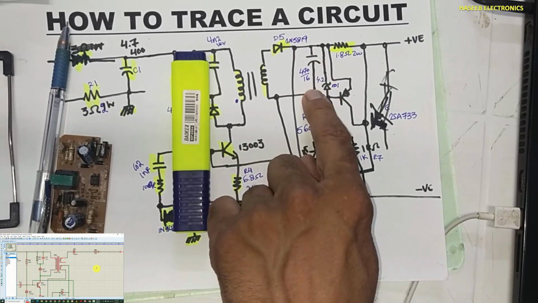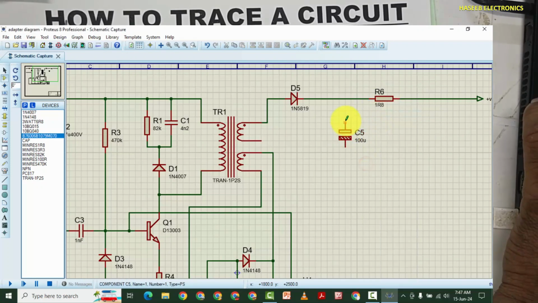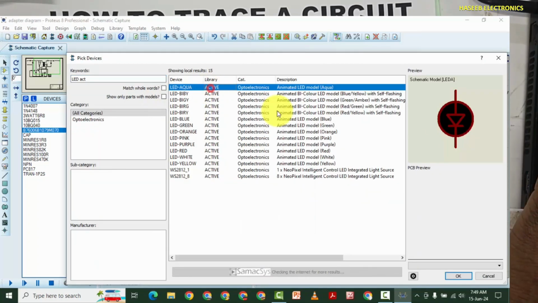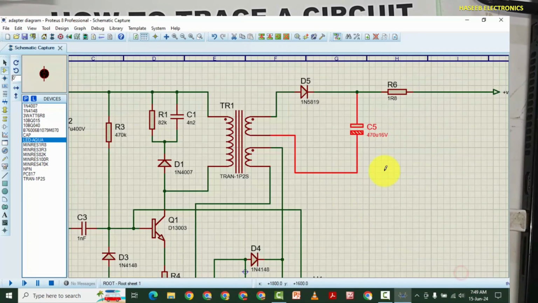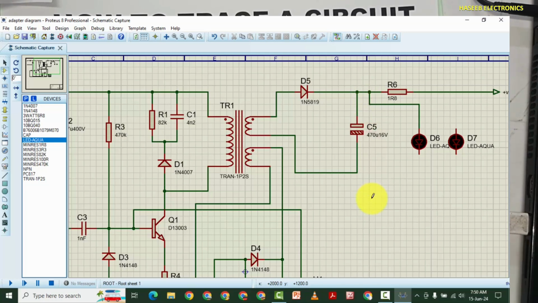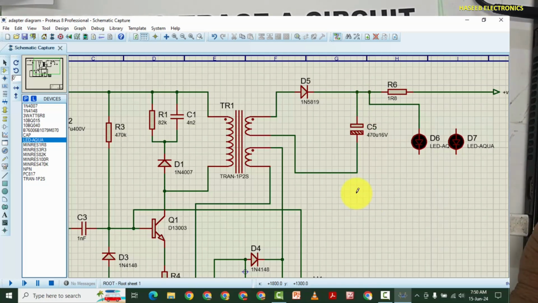A capacitor. Anode is connected to positive, 560 ohm resistor.